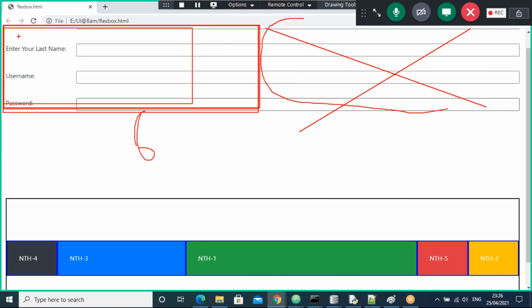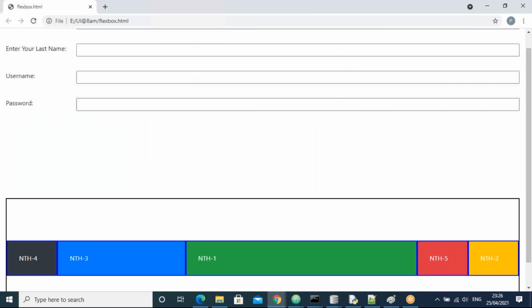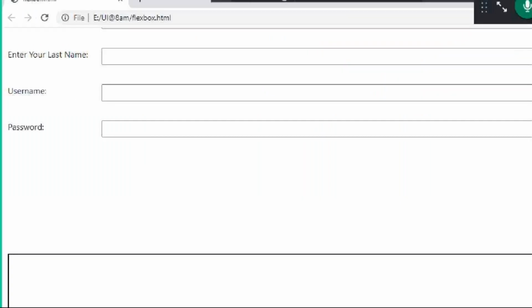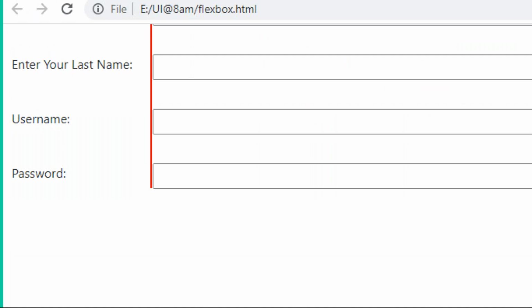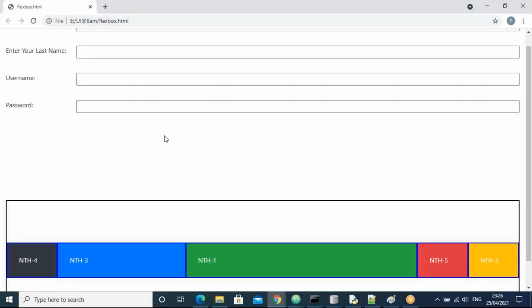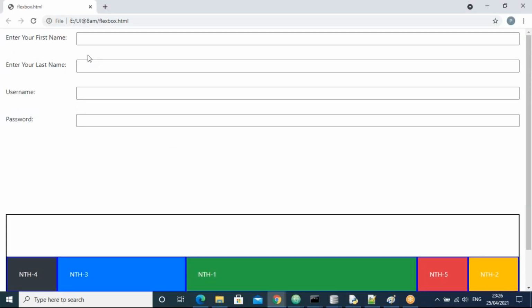Here the important thing is that everything starts from the same point, guys. All of you, is it clear? Using flexbox in the form. Now all of you are clear on this one? Using flex in the form, guys.